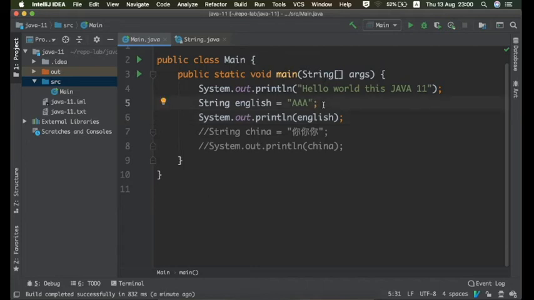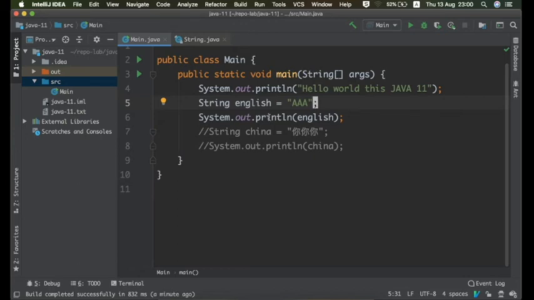But in real life, most applications use only Latin characters, which can be represented in just 1 byte. So in Java 11, they implemented a compact string feature where it can be decided at runtime if we can represent the character in 1 byte or 2 bytes.